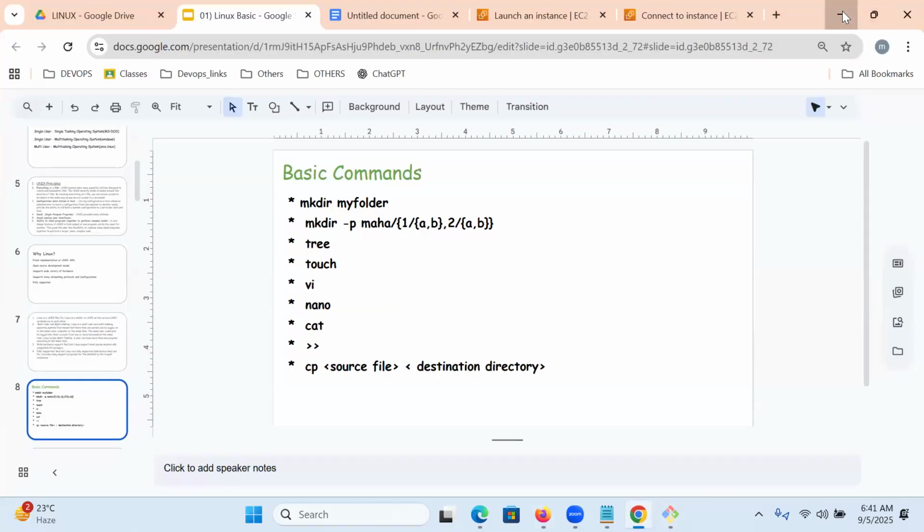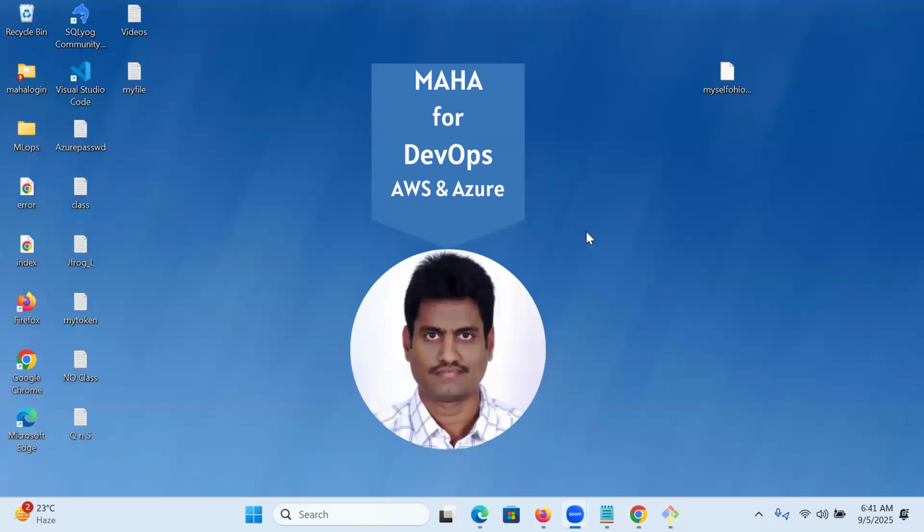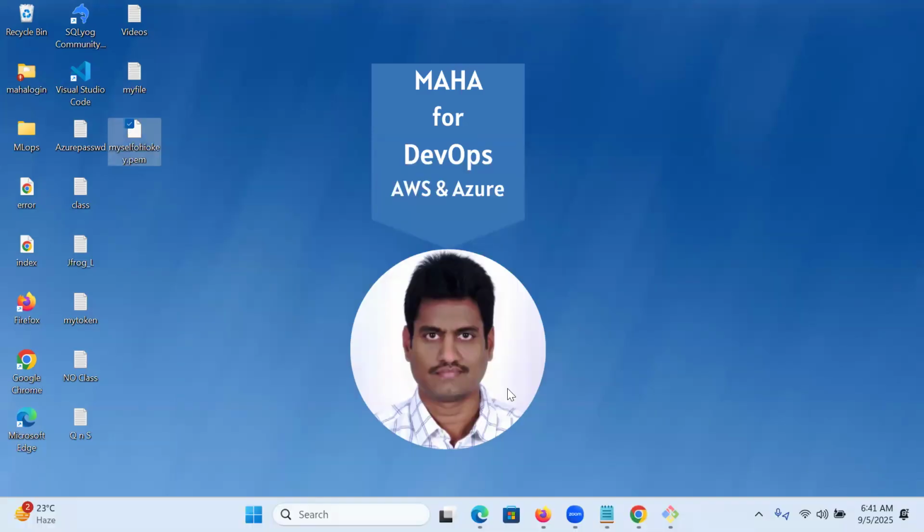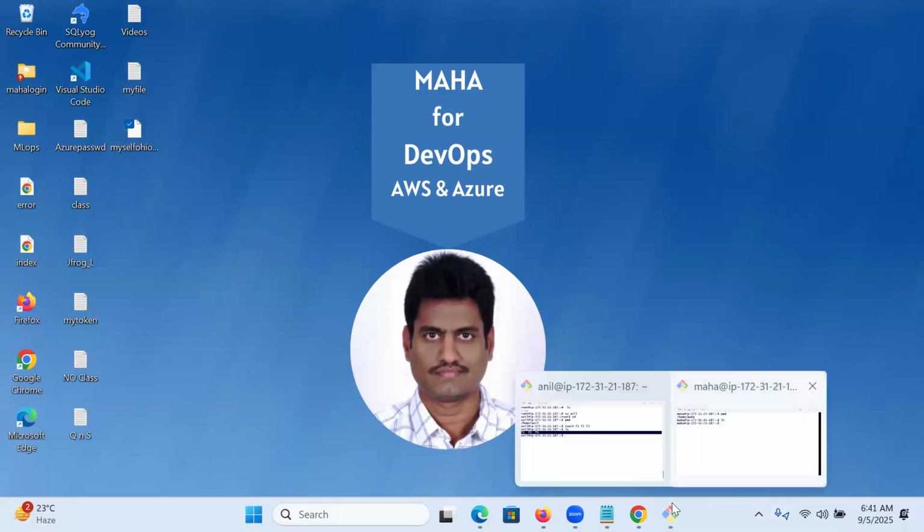So how do we work with Windows? Very easy, am I right? You know how to create files and folders, deletion, copying, very easy. But let me show you. What I'm showing you in the Windows environment, we're going to do the same thing in Linux also. In Windows everything is a click, but Linux is not like that. Everything is a command.